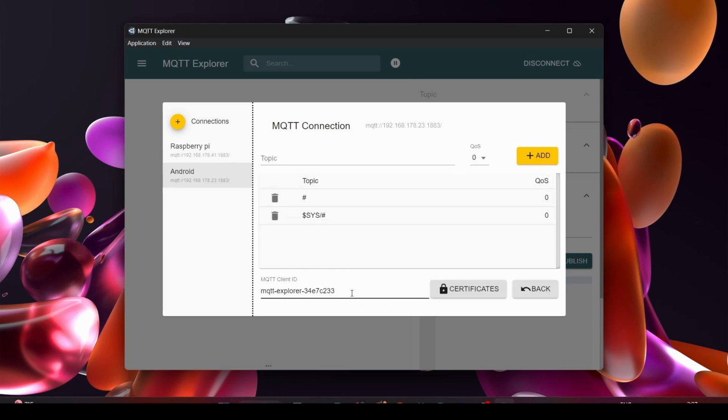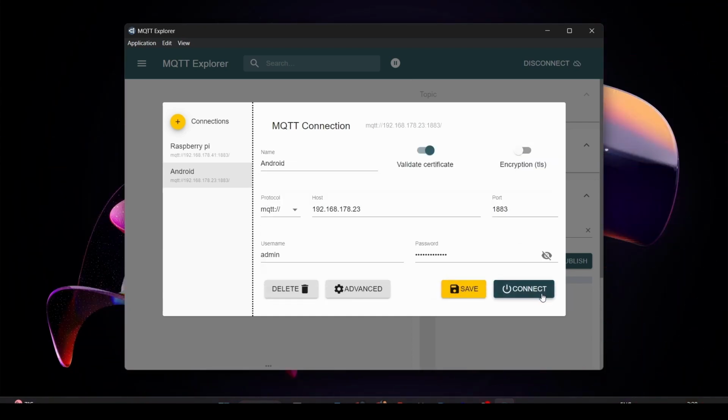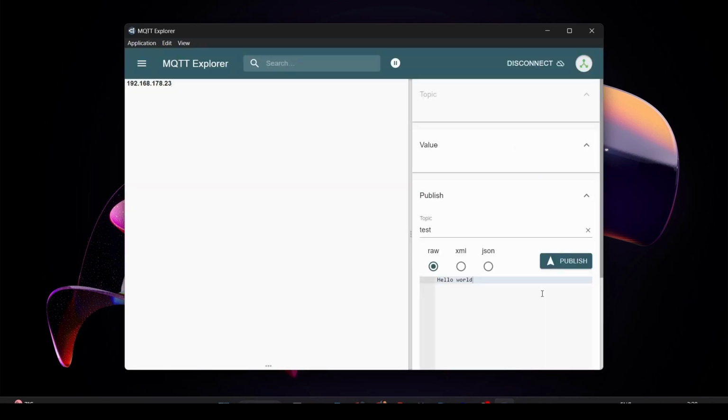So here in the advanced we can specify the topics we would like to subscribe to. So for example, I can write test topic, add. So here we have just subscribed to the test topic, and then we will click on connect, and we have been connected to the broker. So now let's publish something on the test topic, and you see we are receiving messages here.